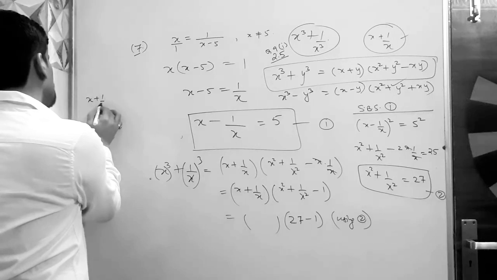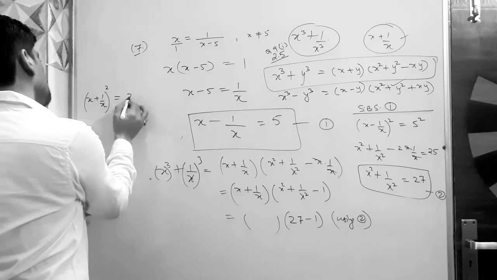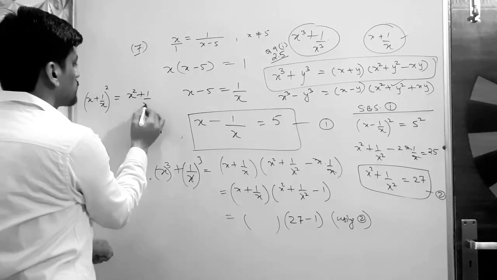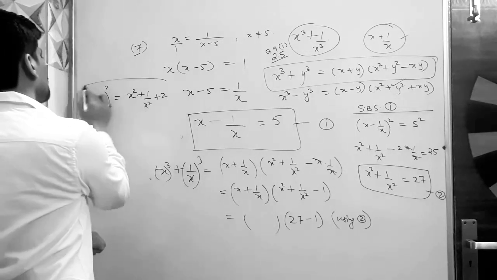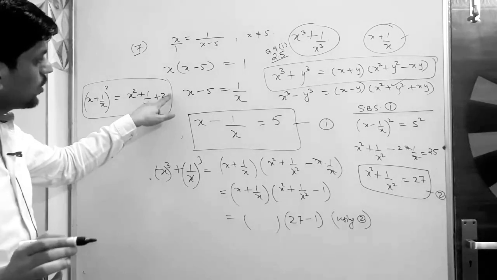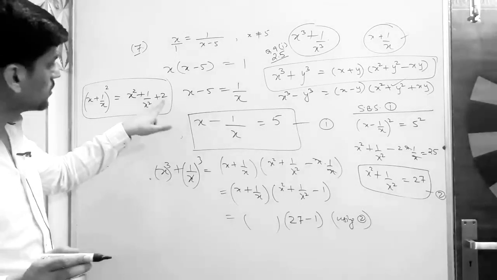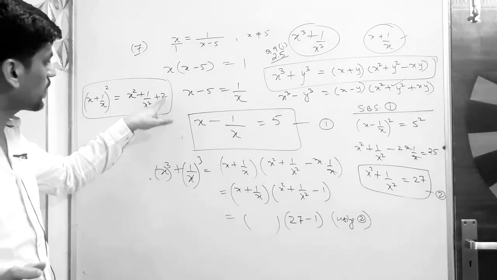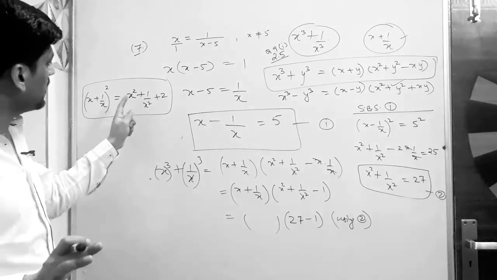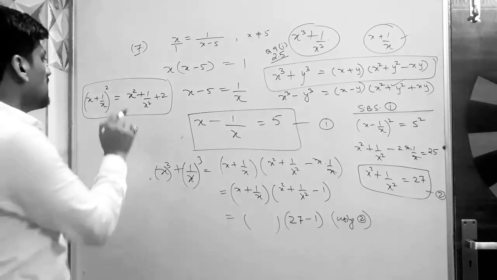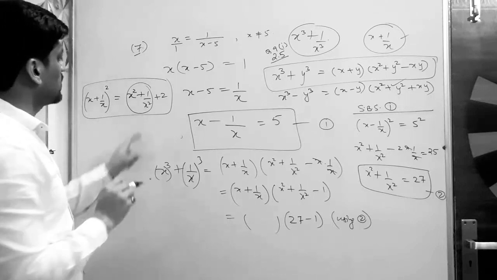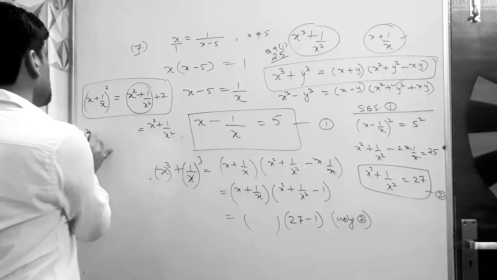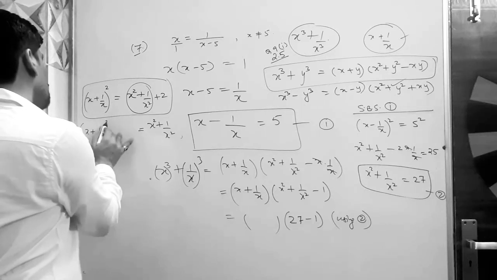we know (x plus 1 over x) to the whole square becomes x square plus 1 over x square plus 2. Is that okay? 2, why? Because 2 into x into 1 over x, then x cancels out. So it will be left with 2 only. So we applied the formula of a square plus b square plus 2ab, and x and 1 upon x got cancelled. Basically a square plus b square is what remains with you. From here you can see you can find the value of x square plus 1 upon x square. x square plus 1 upon x square is equal to what? (x plus 1 over x) to the whole square minus 2.